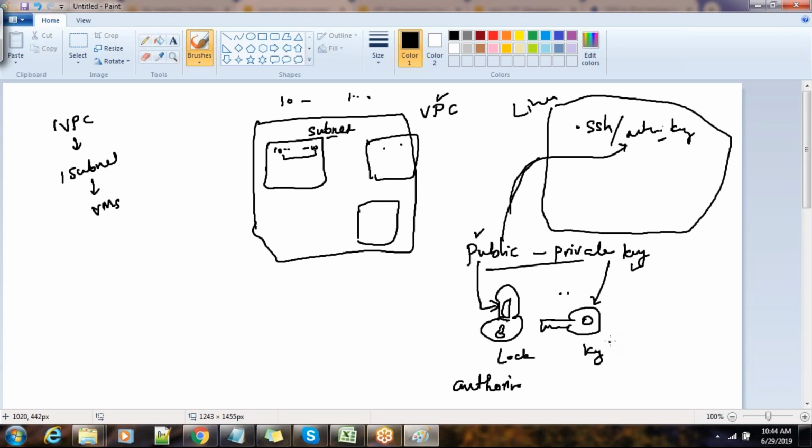If you have the private key with you, you should be able to log into this one without typing the password, because you are using the private key. The public key is kept with the name authorized keys. That lets you log into the Linux machine without typing a password; you just need a username.